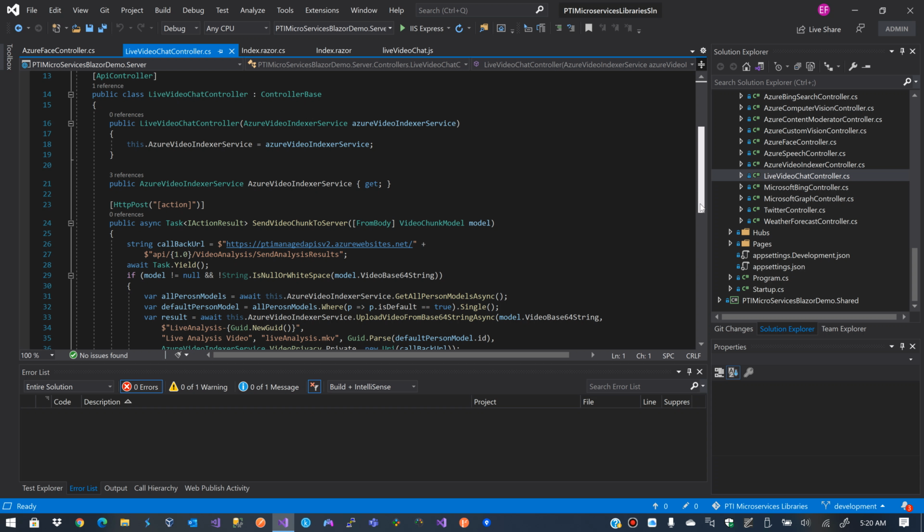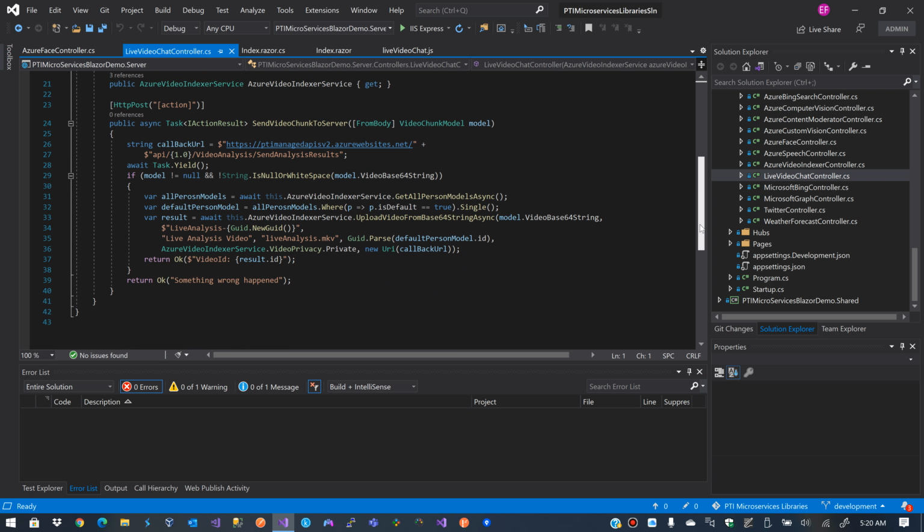And you will see that in here I have this Azure Video Indexer service, right? I get all the models, I find the default model, right? And then I invoke the upload video from base64 string. We pass the base64 string. We set the name for the video, which is going to be just live analysis dash and some unique ID. I pass the description. I pass the name I want for the file, and